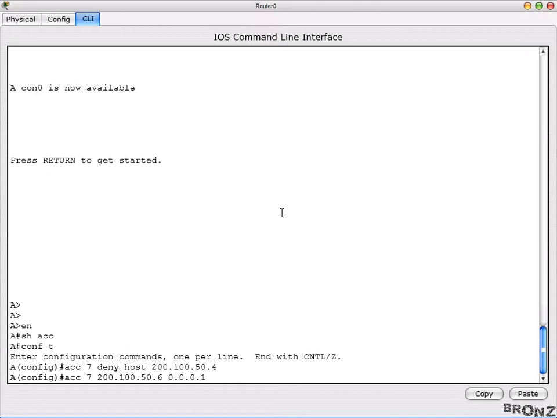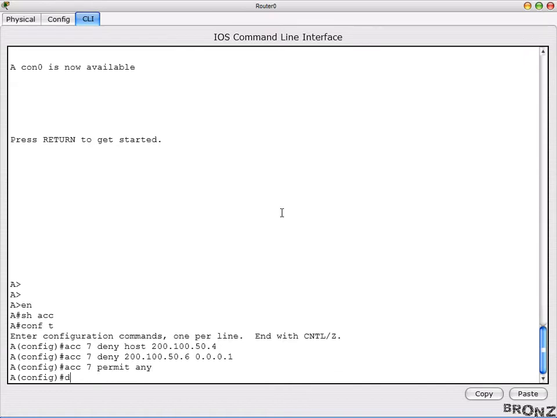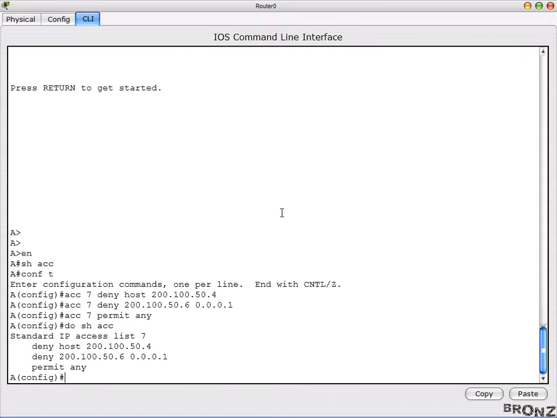So I have left out deny. There you go. And at the last, access-list 7 permit any to leave everyone else untouched. Okay, so there you go. So if we see now, do show ACL, we have an access list 7